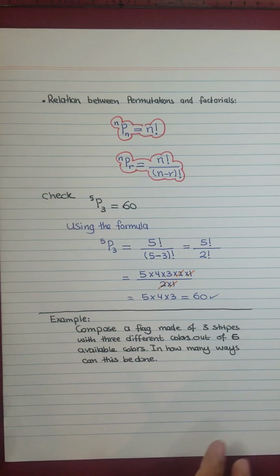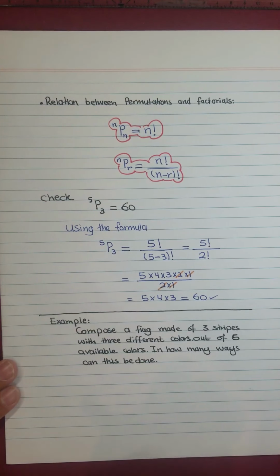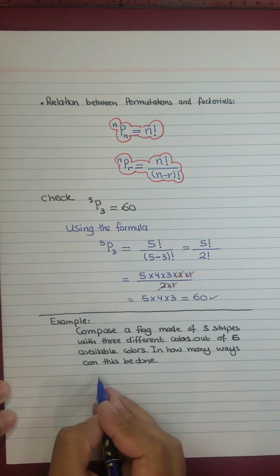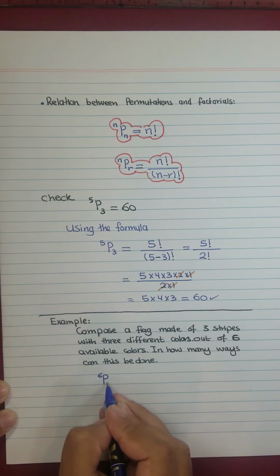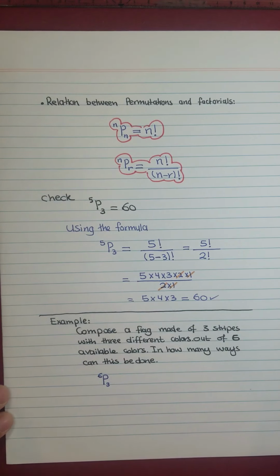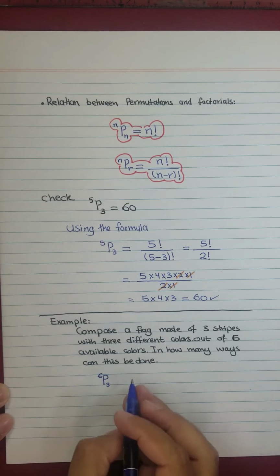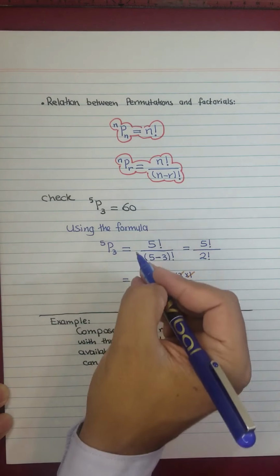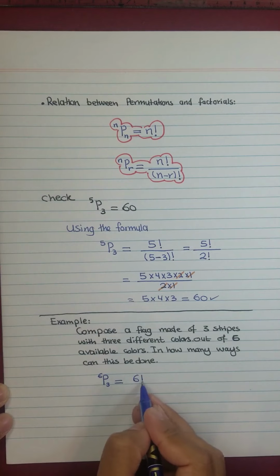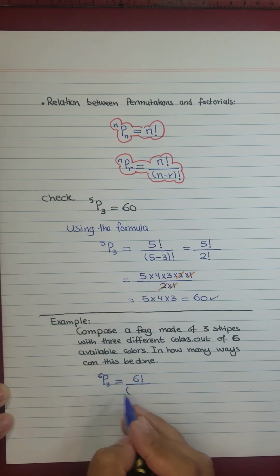So this time you're going to select 3 colors out of the 6 colors, and then you're going to arrange these colors. So it's a permutations problem. This is basically going to be 6 colors in which we want to choose 3. So it's 6 permutation 3. You have 6 colors, and you want to select 3 out of these 6 colors, and you want to arrange these 3. So the answer should be equal to 6 factorial over 6 minus 3 factorial,